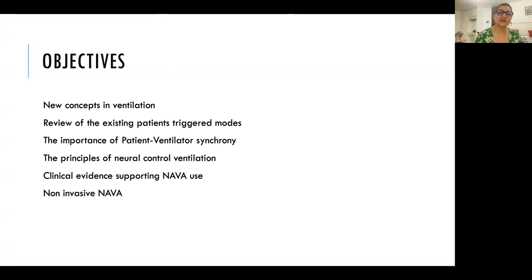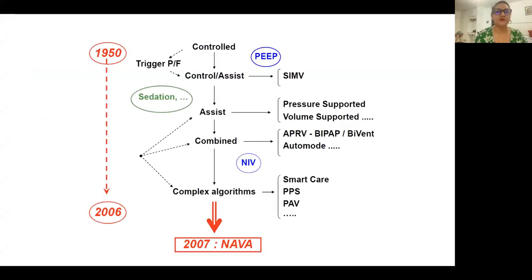Having said that, NAVA is actually both invasive and non-invasive. So that's the thing which we need to know. Even when we are through the endotracheal tube, you can have a NAVA, and we can have a non-invasive NAVA as well. So if we go back to our history,